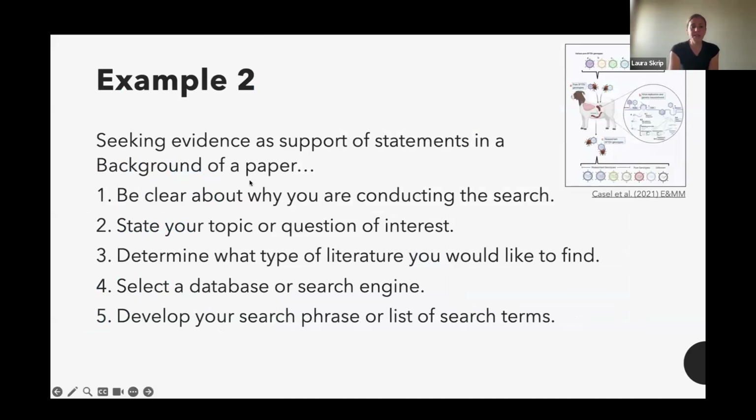What if, instead of just wanting to make a personal health decision, you actually want to find literature or evidence because you're writing a paper, a manuscript, writing up your results, and you want to find some literature to support the statements you're making in the background of your paper. Okay, and so for this example,